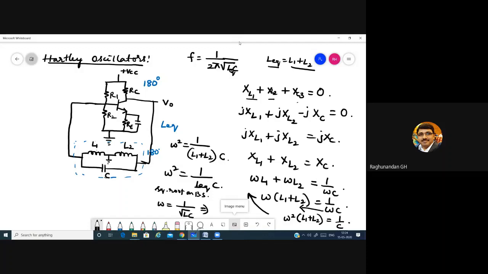When I take the square root, omega is equal to 1 divided by root LC. Omega is nothing but 2 pi f. So 2 pi f is equal to 1 divided by root LC. If I shift it here, f is equal to 1 divided by 2 pi root LC. So this is the equation we arrive at, the frequency of oscillation. The next part we can continue in the